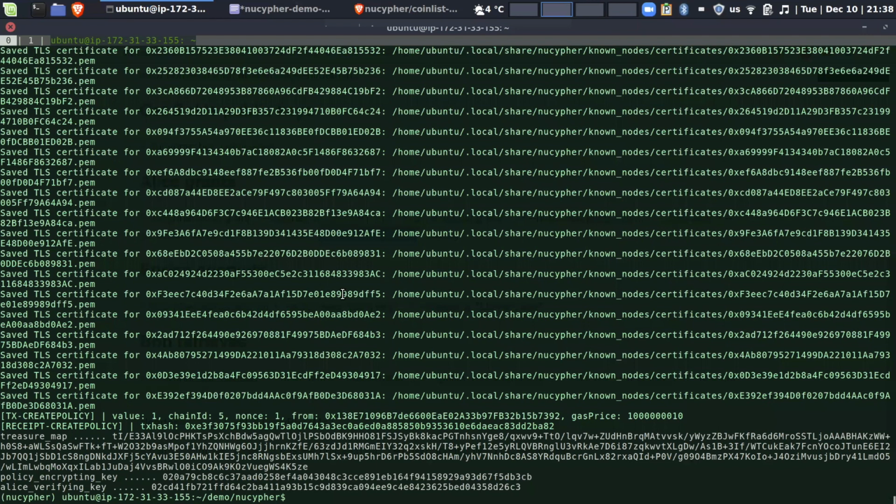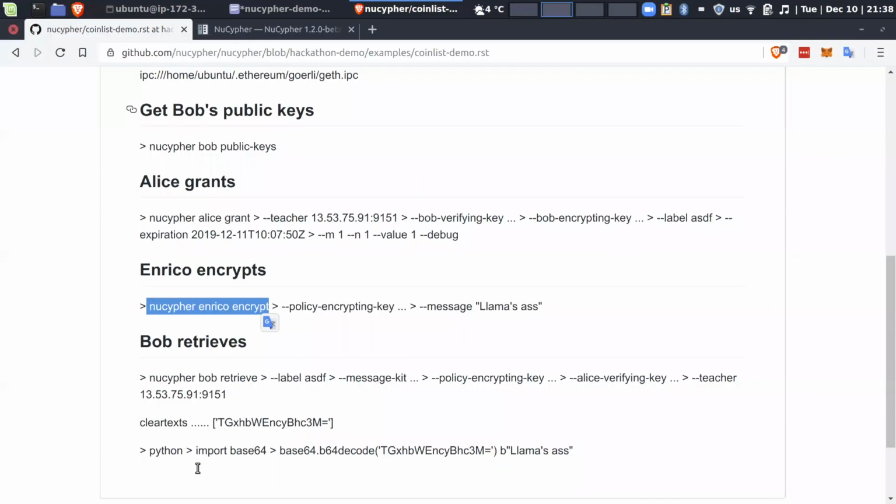And what are the options? So we need to specify the policy encrypting key, which we just got when we granted permission, although it can be calculated even without granting permission. Okay. The next one we need is basically a message which we are going to encrypt. And here is the message. And I think we don't need anything else for Enrico. Enrico doesn't touch the blockchain, by the way. So after this, it can go to some storage, IPFS,